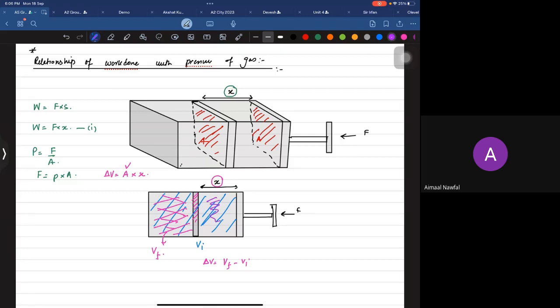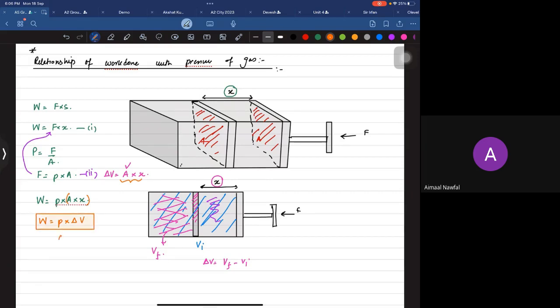Get it? Now, if I say that if you look at this, can I just put the force right here, in equation 2? Then I will have work done as pressure times area times x. Can I write it like this? So then this part of this equation is right here. So I will write work done will be pressure times change in volume, and this is the part we need to show as the derivation.